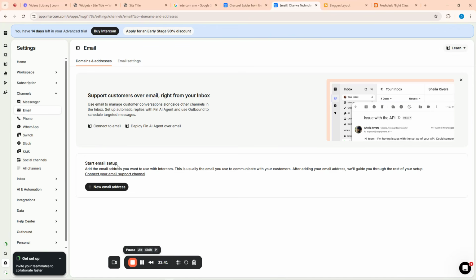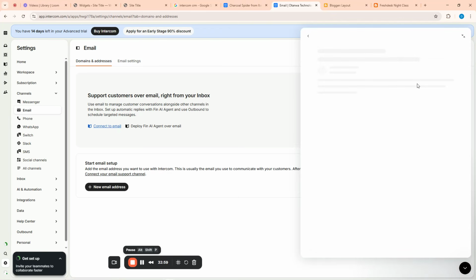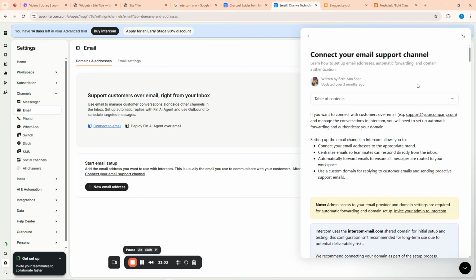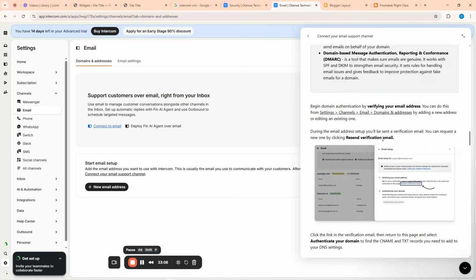In fact, we want to connect our email so that we can still connect with our customers through our email, right? How can you connect our email? We did this one when we were doing our Freshdesk, right? So I can go to Connect to email here, and I can now select my Gmail account to work with, so that my Gmail will not be my business email on Intercom, right? So you see what it's saying here. I think that one is quite complex,